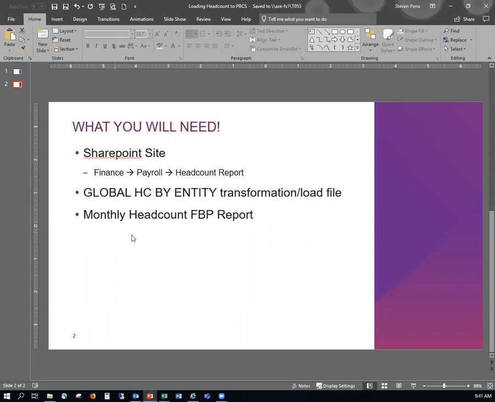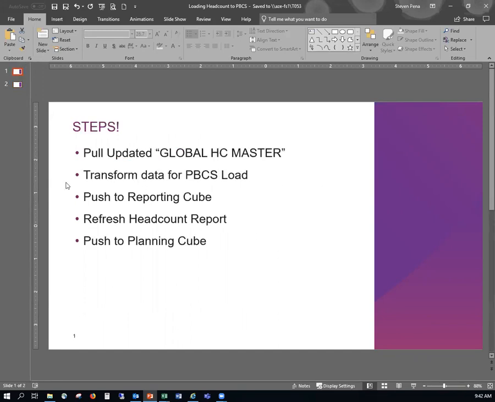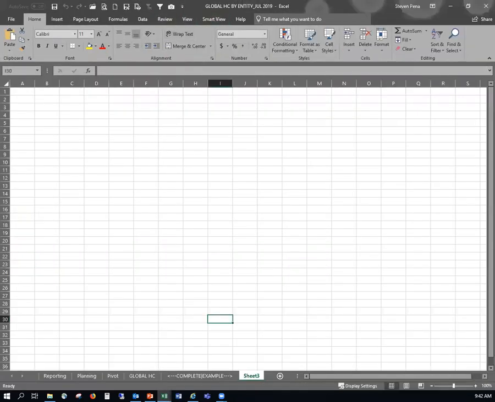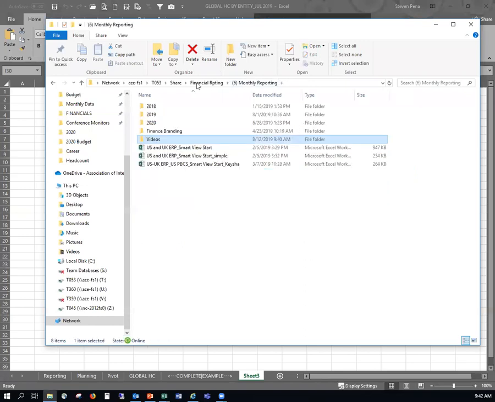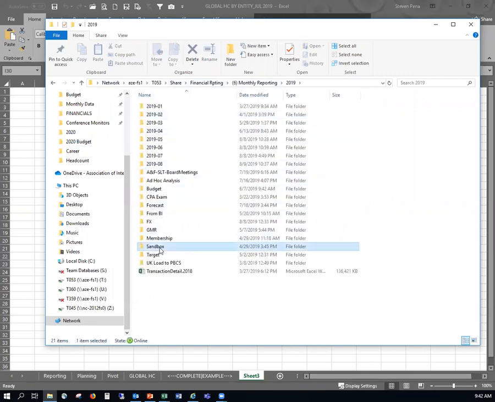We're also going to need the monthly headcount finance business partner report, just to check and make sure that it's loaded, but also I provide a monthly update to FBP leadership on current headcount across the SLT hierarchy. So here we go. I've created, and I will drag this over, within this path: share, financial reporting, monthly reporting, 2019, sandbox,